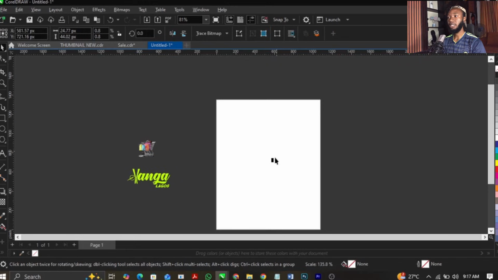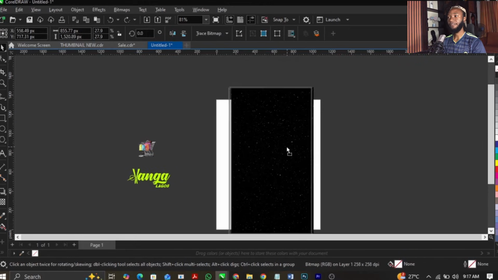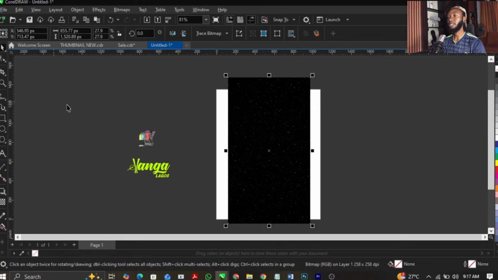It will not fit into the frame. This is the frame we are working with, this white one you're seeing here. Now you can see that this black one is going out of frame. Do you understand? Now for us to size it up with that Canva frame we are working with,